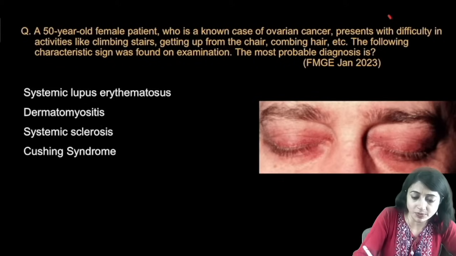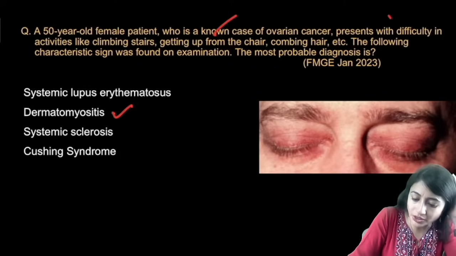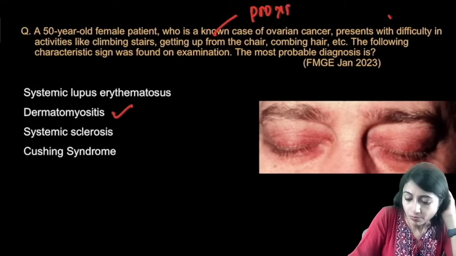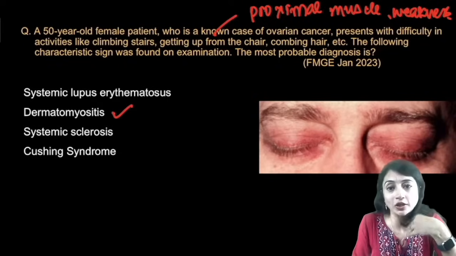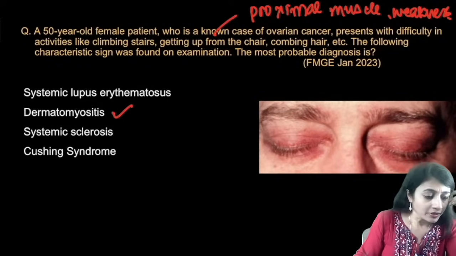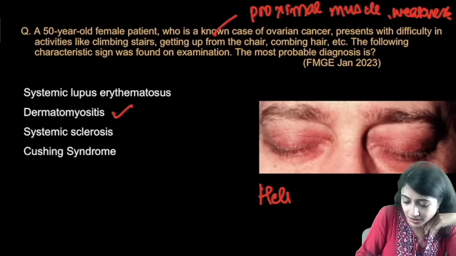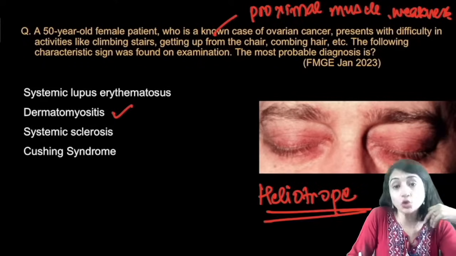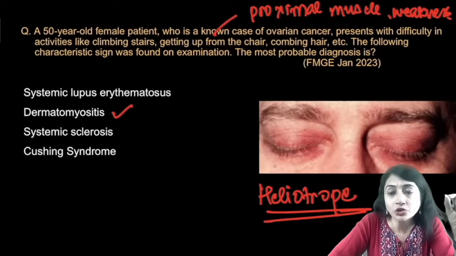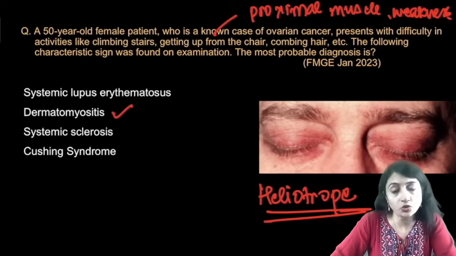What is the sign which has been given here? What is the sign that they have given? So obviously from the question you know that we are talking about proximal muscle weakness. So proximal muscle weakness with this characteristic sign which is called as, I'm still waiting for your answers. Very good, everyone. Yes, this is heliotrope rash. So heliotrope rash, or this confluent macular violaceous erythema seen on the upper eyelids, is called as heliotrope rash, and